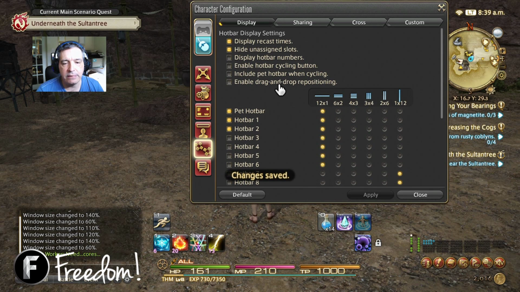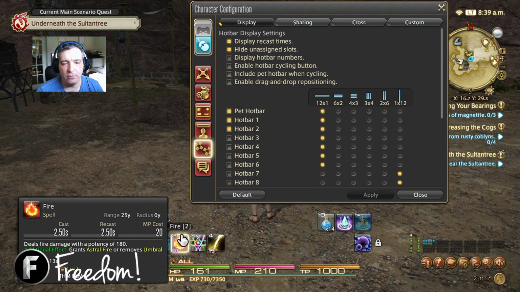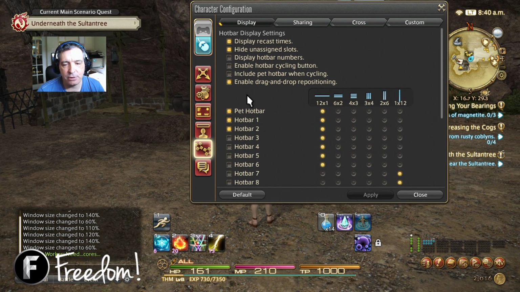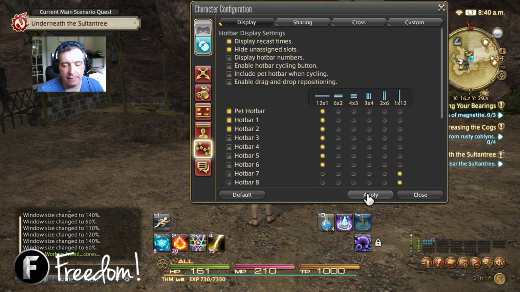Now you can include the pet hotbar when cycling as well. So within that hotbar cycling button, you can have your pet hotbar there as well, and you can select the pet hotbar down here if you like, okay? And enable drag and drop repositioning, I'm going to tick off. Basically, you can drag the hotbar up and down whenever you want to put it, but I like it there. I'm not going to move it. That is where it's going to be, guys, okay? So there you go, that's pretty much the very basic